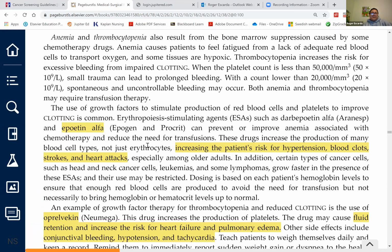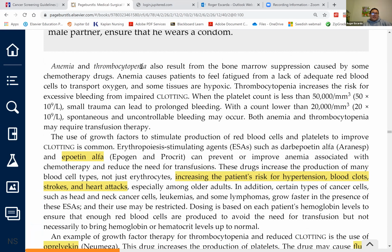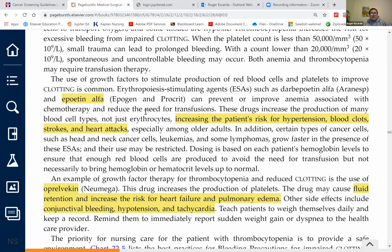Drugs now. We have anemia and thrombocytopenia, as well as neutropenia at the same time. So we have here what we call colony stimulating factors. So these are drugs that will promote